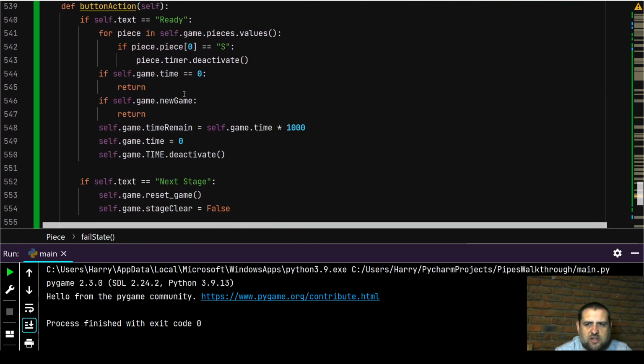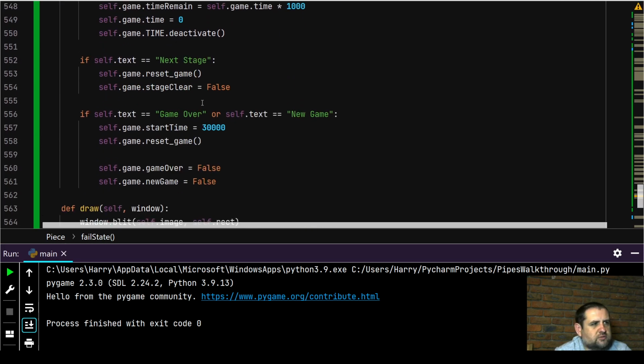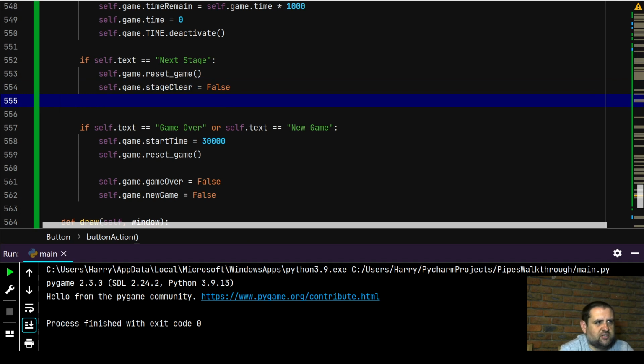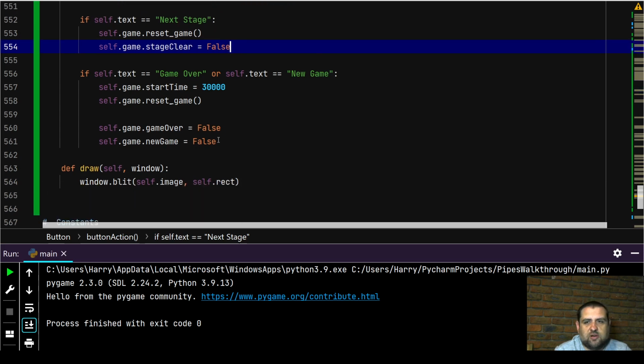and our button actions. Right there, we're going to do this check. So if we're clicking the button self.next_stage, no, we don't want it to be done in the next stage, because you can actually end up with a lower score than you did on the previous level. But if the game over or new game buttons get pushed,